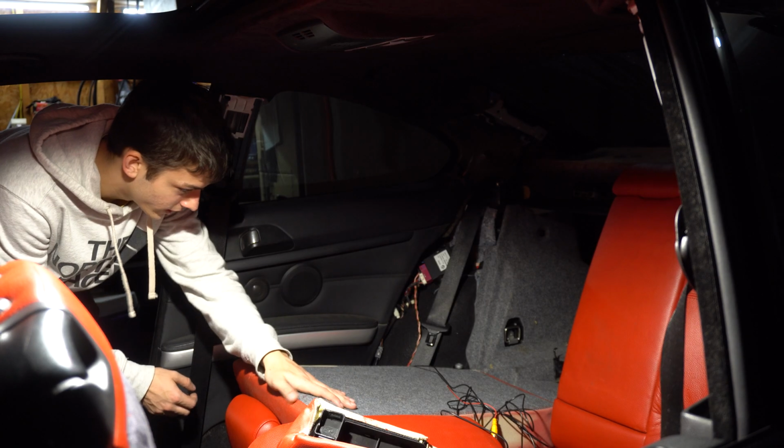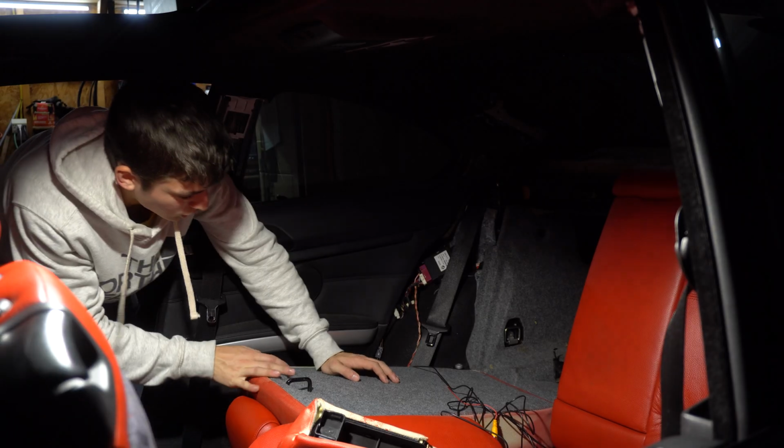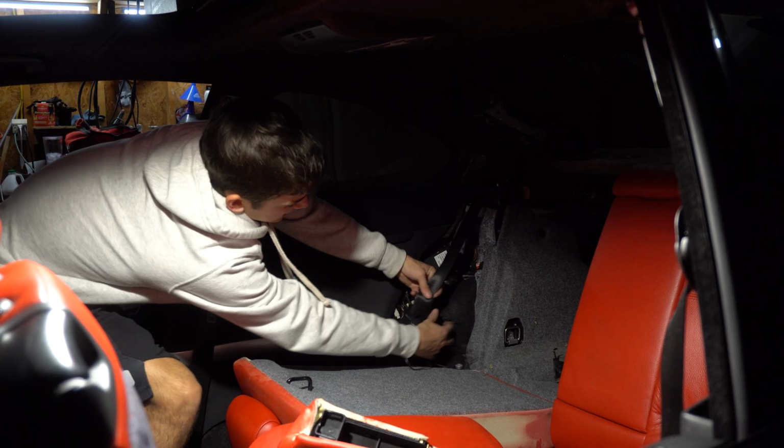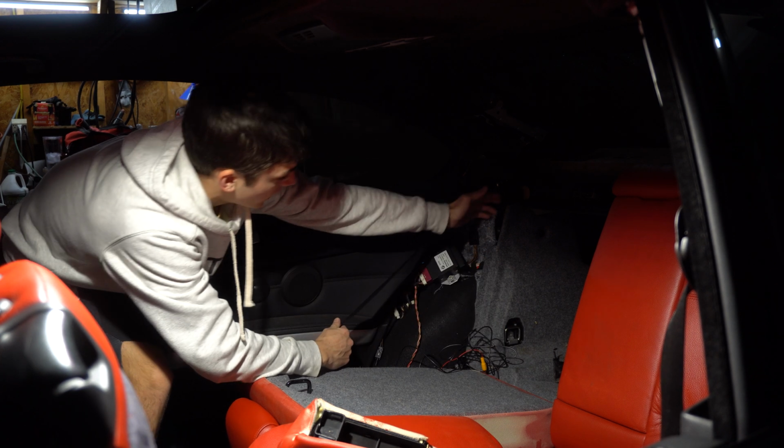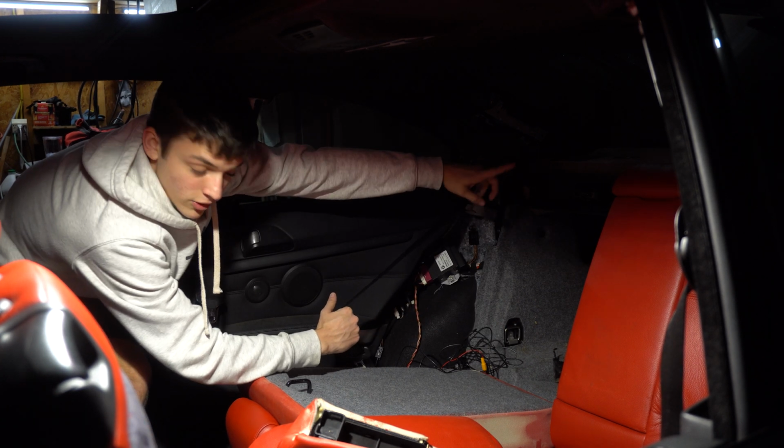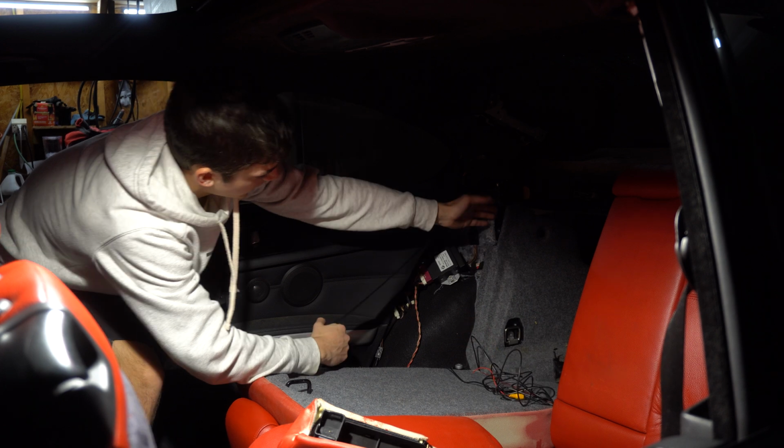Alright, then once you have it to this point where you have it ran through here, you want to then pull it behind this seat belt here and then get it going behind this trim part. And I'm gonna keep mine high because it's got to get to that top right part of the trunk anyways. I'm gonna tuck all this wire really high up in here,